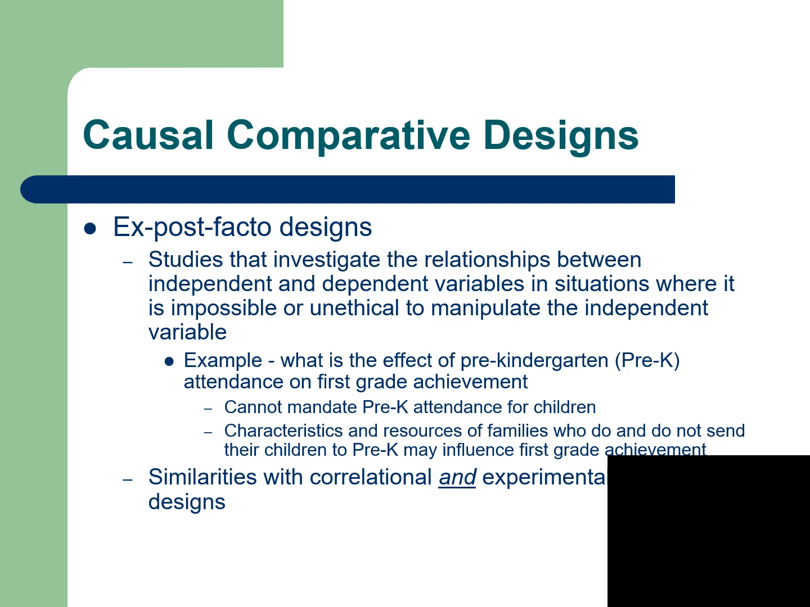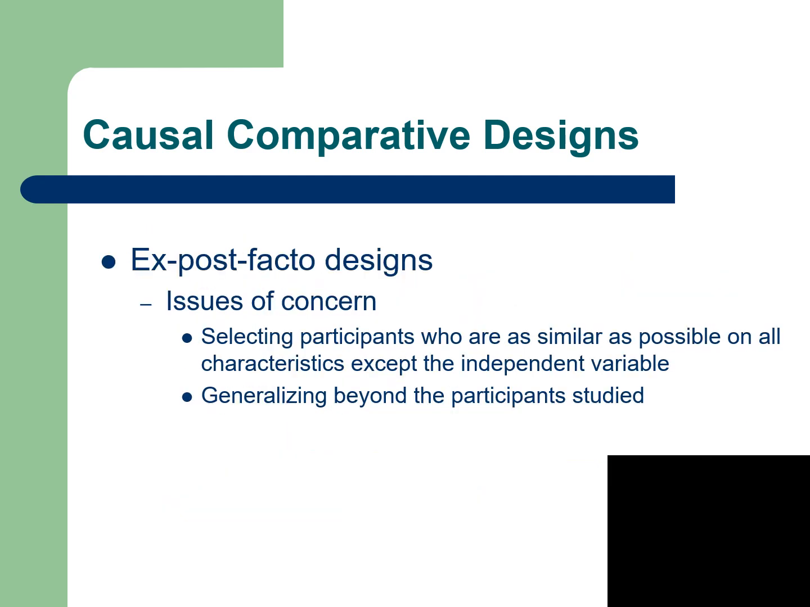So this is what we call ex post facto design. These are studies that investigate the relationship between independent and dependent variables in situations where it is impossible or unethical to manipulate the independent variable. This is what I said, manipulating the independent variable, increasing the number of cigarettes till the person gets cancer. Of course, this cannot be acceptable. So there are some issues of concern when it comes to ex post facto design. For example, selecting the participants. So you have to be sure that